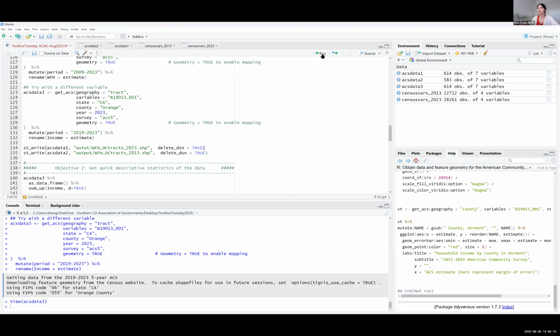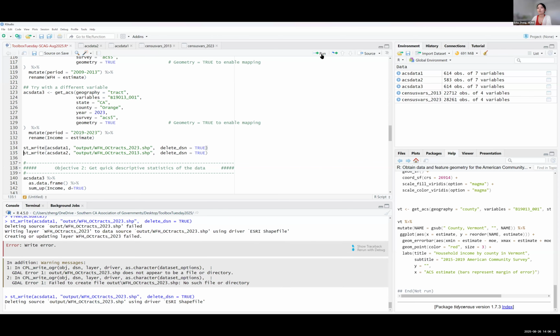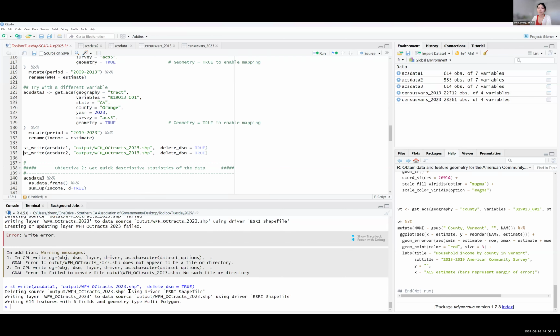And so this is telling R that you are going to overwrite if you already have the shapefile created there. I think I should be able to just run these. Oh well, it gives me a write error, maybe because I have it there. Oh no, because it's output. Here you go. Okay, yeah. I exported it because I ran through it many times before I taught this.